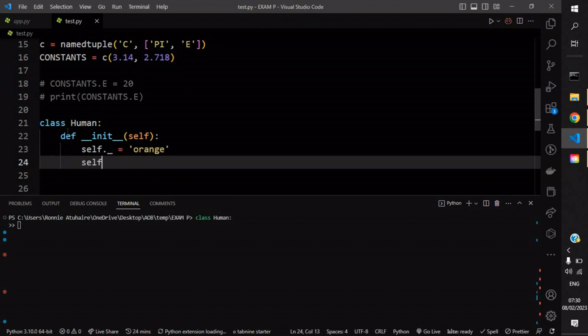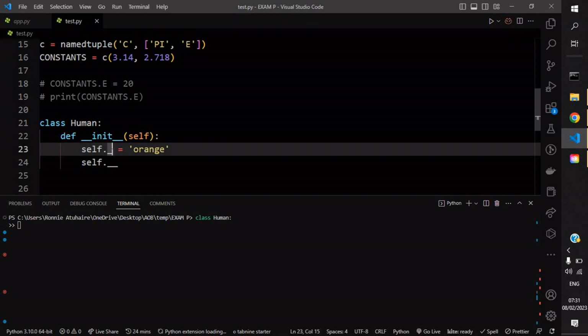Then another way is to create private variables or private identifiers. Let me call this food after the underscore, and let me call this also food.